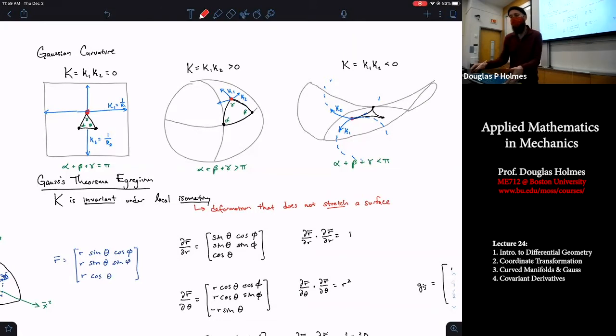It does not change the metric. What this means practically is that you can't switch between surfaces that have different Gaussian curvatures without stretching. And you know this. You know this incredibly well. If you've ever tried to,